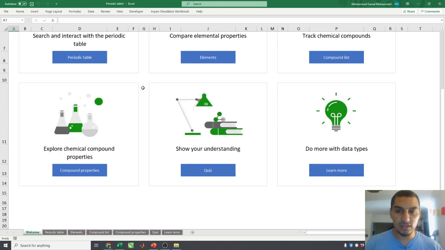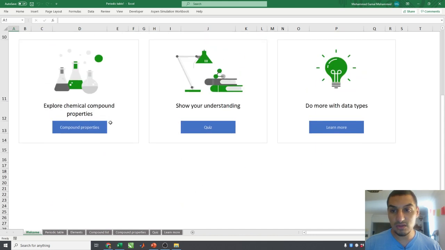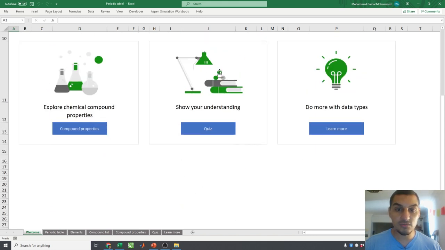It includes a lot of links, like the thing that we mentioned before. We have here some tabs, and each tab is opened using one of these links, or you can directly go from this link to the other. It's showing the periodic table as a whole, and then it is comparing the element properties. There is a sheet for chemical compounds, and there is a sheet for compound properties, and there is a quiz,